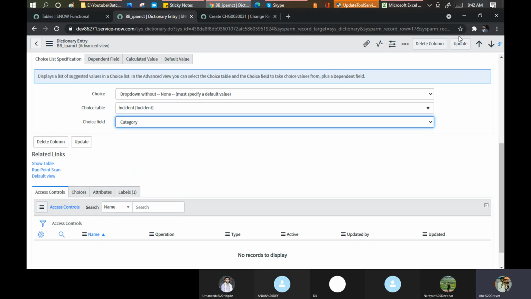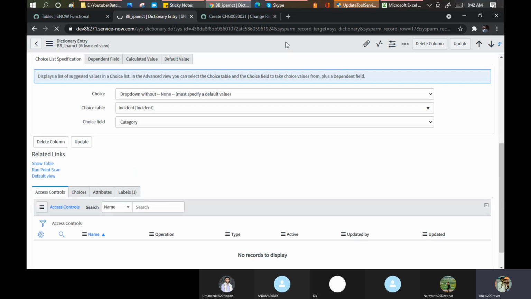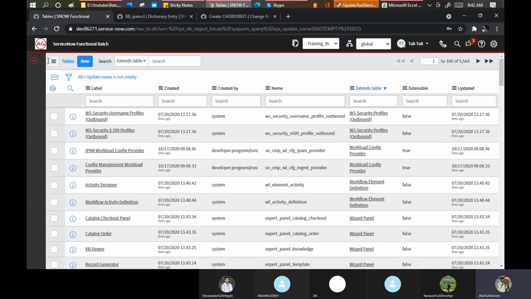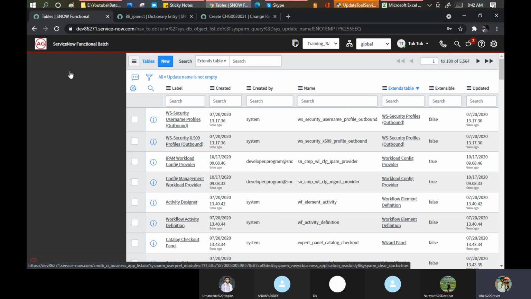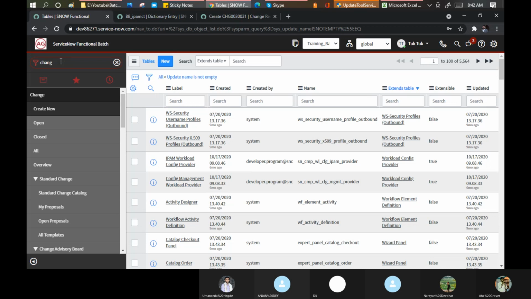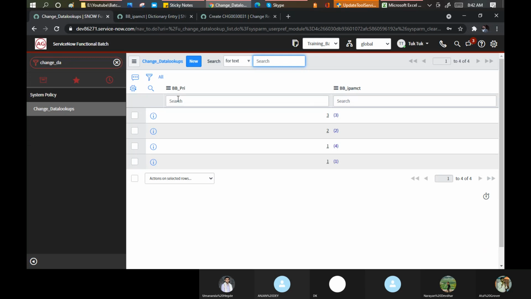Click here, click save. When I click on save, now I go here. Again, I need to open that table here. It is just a way of working that you can change it. Change underscore data lookup, data lookup here. Now see, earlier it was without brackets, right?